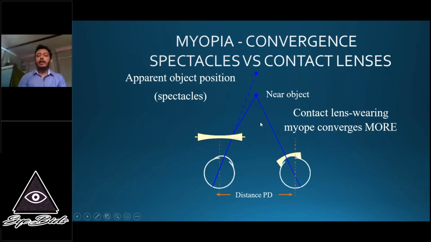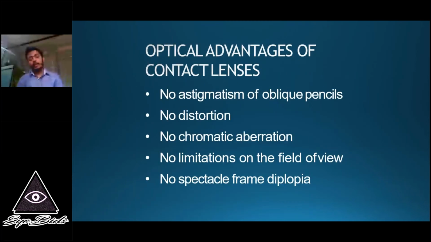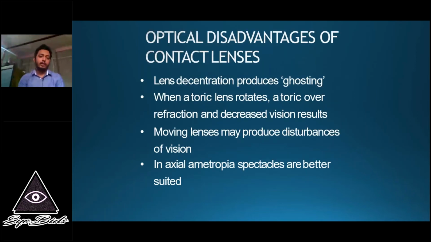So what are the optical advantages and optical disadvantages of the contact lens? First advantage, there is no astigmatism of oblique pencils, no distortion, very important. Obviously no chromatic aberration, no limitation of the field of view, all of you know about that, and spectacle diplopia is not there. But if you see some optical disadvantages of the contact lenses, the lens decentration